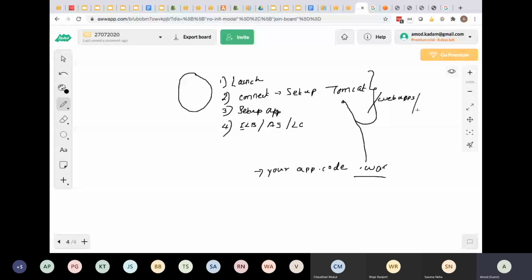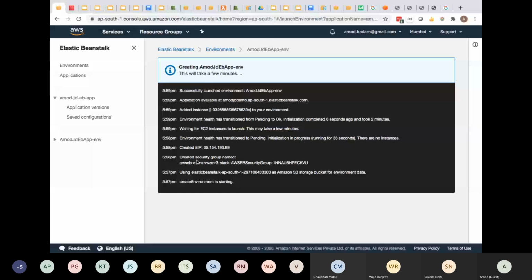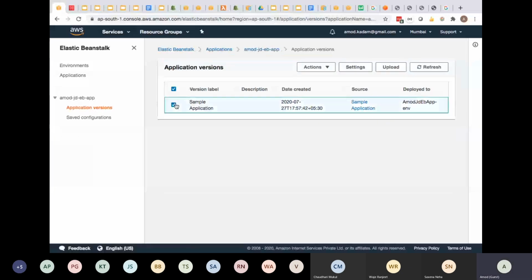All the things are done by this platform. That is what Elastic Beanstalk does. That is the key concept of Elastic Beanstalk, and this will help you to deploy your application pretty quickly. It takes some time because it is doing a lot of things, and it is going to deploy some sample application which might be some sample PHP page and